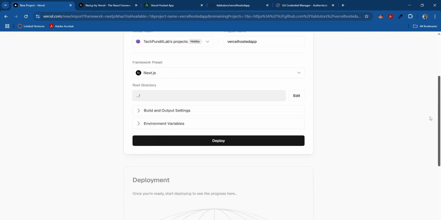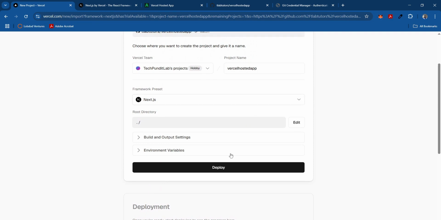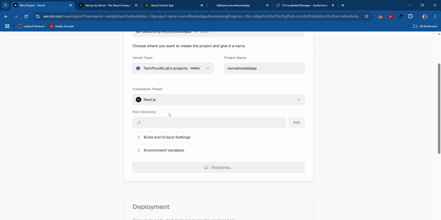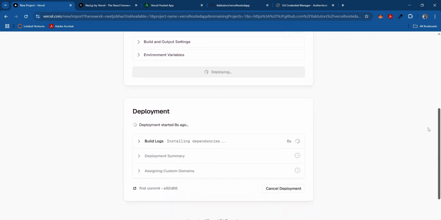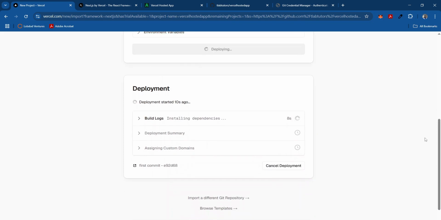Okay, and I'm not doing anything other than just clicking on deploy. It has recognized our application to be a Nextjs application, because it's not only Nextjs applications that can be hosted on Vercel. So it's building